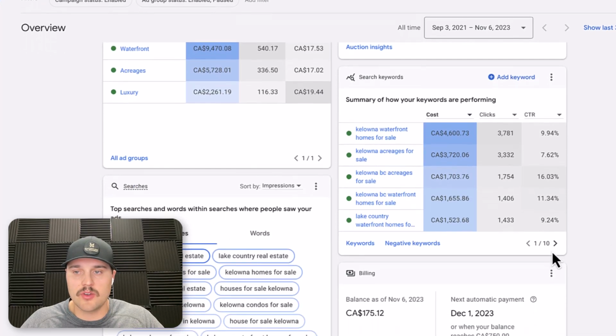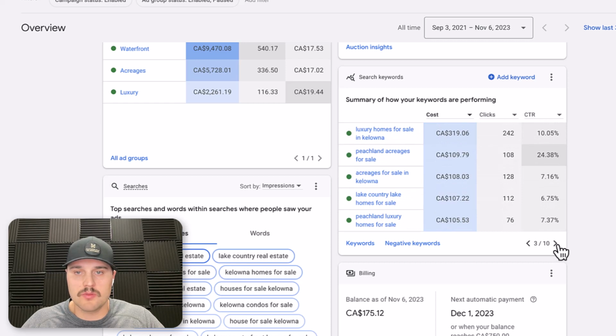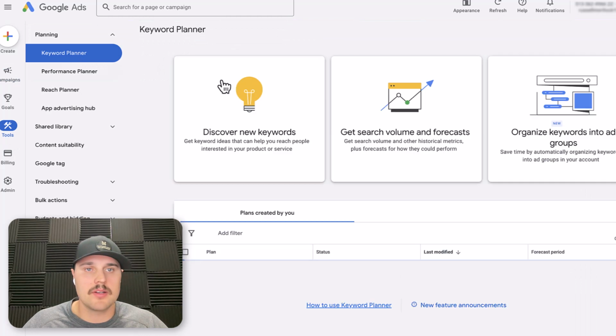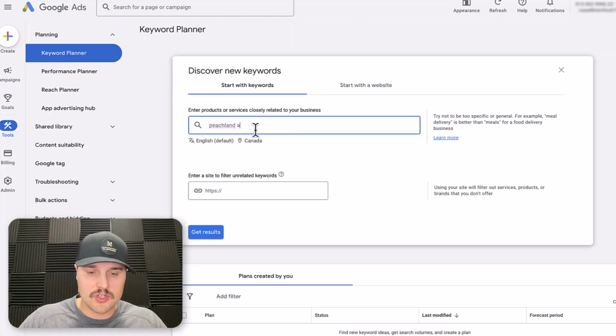So that's really good. You can go through all your keywords to see which ones are top performing, which ones aren't doing well. Like this Peachland Acreage one, because it is a smaller niche market, 24% click-through rate. That's absolutely amazing. And the reason why I won't make any adjustments to that is when I go and look at the traffic of Peachland Acreages for Sale, say if I was going to type that into my tools here for my keywords, keyword planner, let's go here, Peachland